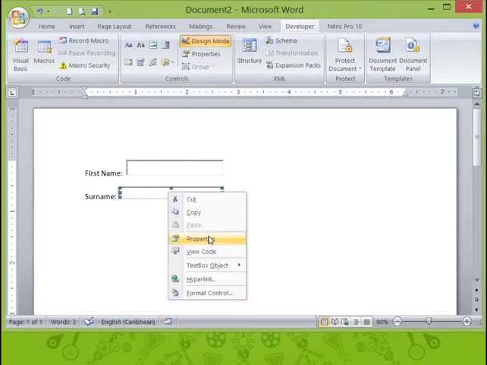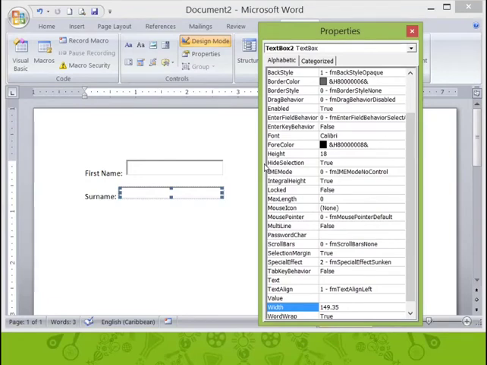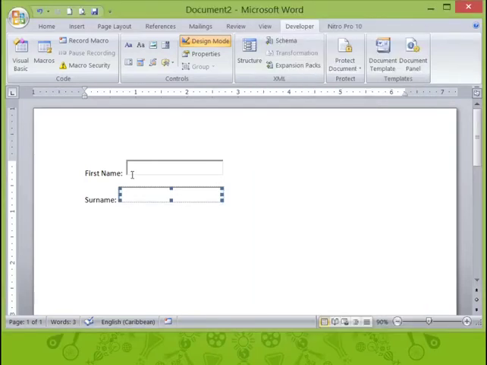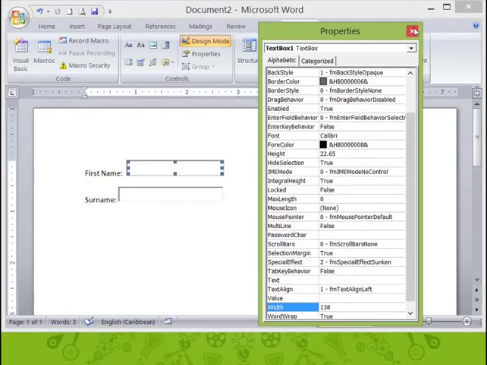So what you can basically do is click on the content control for the surname, right click it, go to properties, look for the height and change it to 22.65, and for the width, I think the width was 130. I don't remember, let me check. So I'm going to right click on the first name again, properties, 138. Okay, all right. So on the surname you can just right click and change this to 138